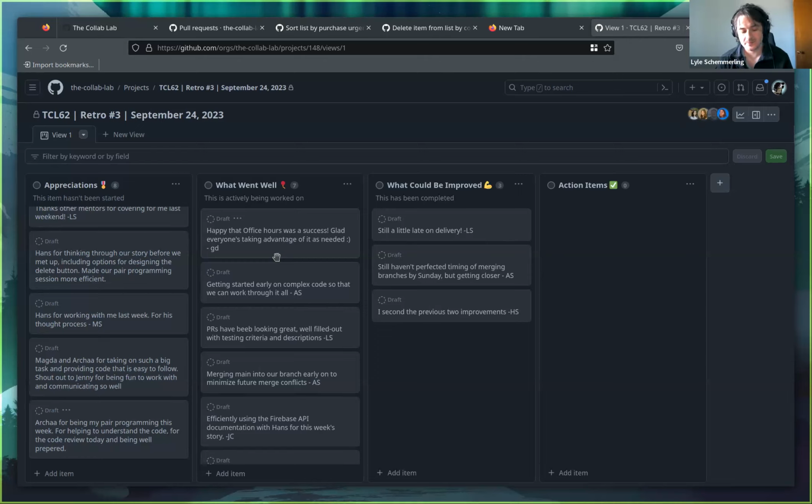These are things that we should specifically focus on working on for the next couple of weeks coming up. If I was being really diligent about this, I would say we probably want SMART goals: specific, measurable, actionable, realistic, time-based things. I'm not going to hold us to that today, but if there is something we would like to call out that we should specifically pay attention to, now would be the time. Just saying, hey, let's try and get all of our pull requests open by Wednesday or something would be an example of that, right? That won't actually apply this week. So